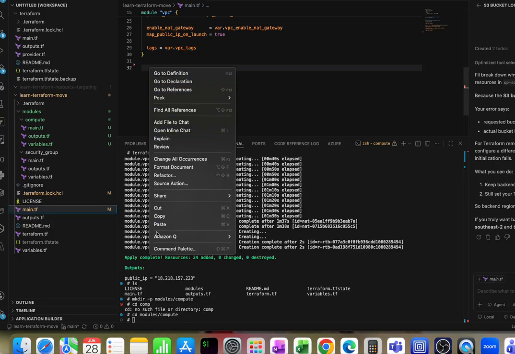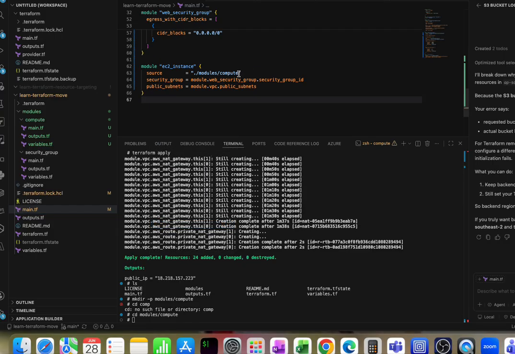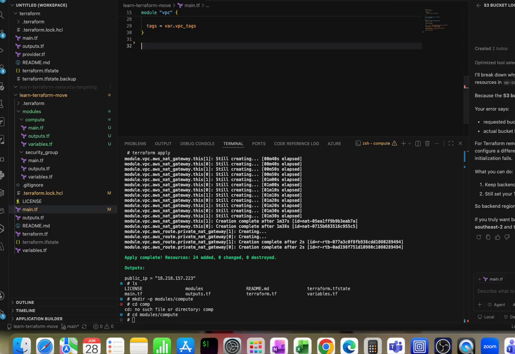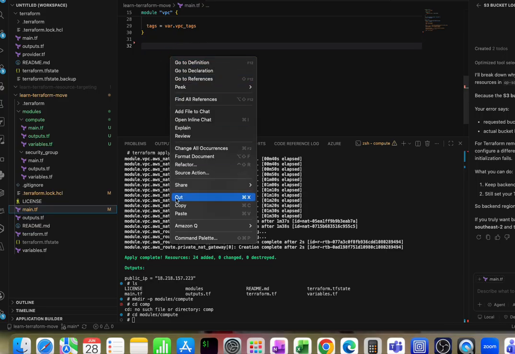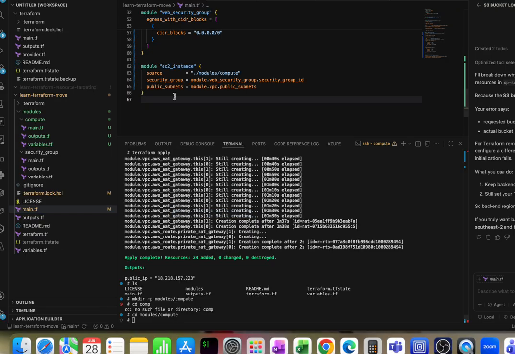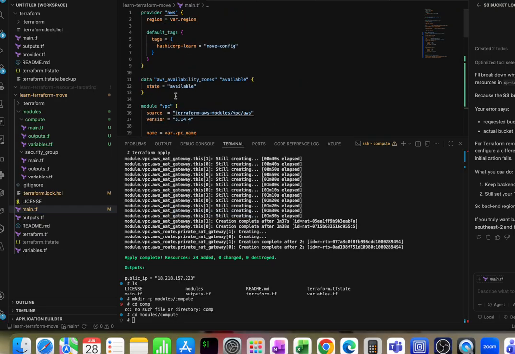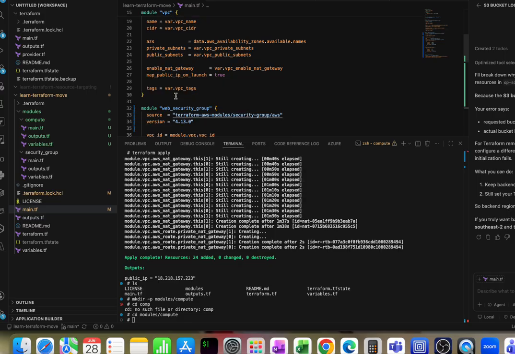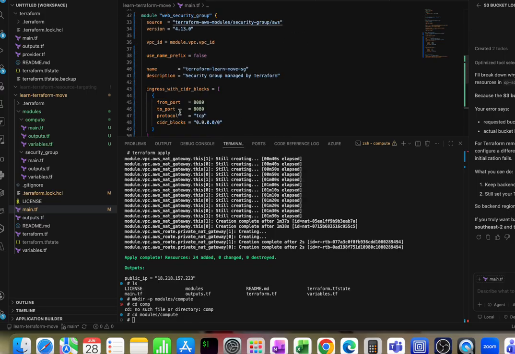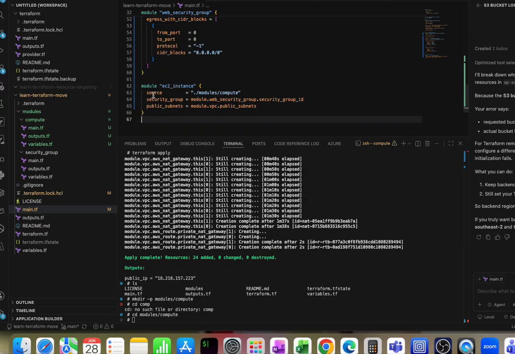We're using a different way of creating the, sorry, we are creating a new security group with the module from Terraform. So I'm going to paste it. Okay, so this is the new security group, and along with that we have created a new module EC2 instance, and